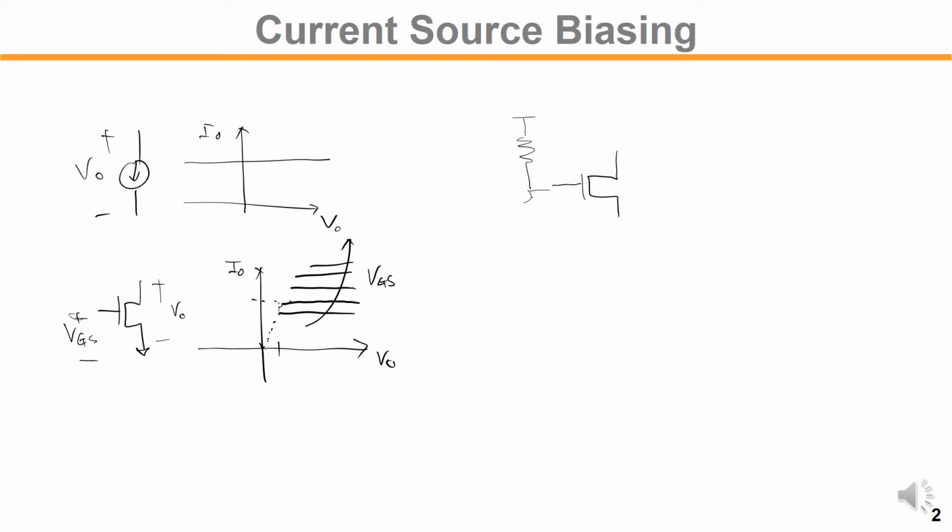You want to generate some value from VDD, let's say R1 and R2. So VGS would be VDD times R2 over R1 plus R2. But the problem is,